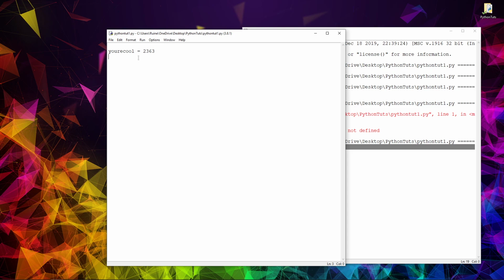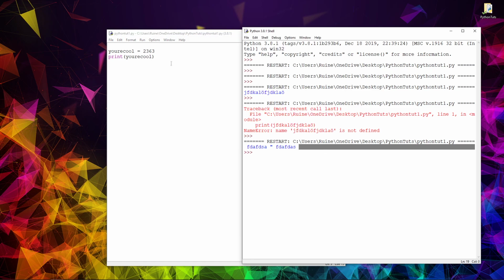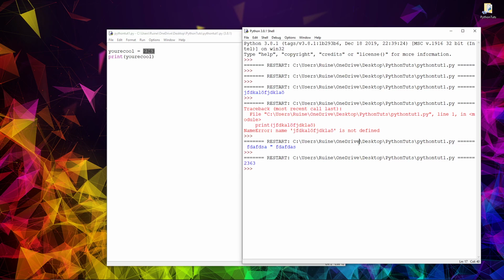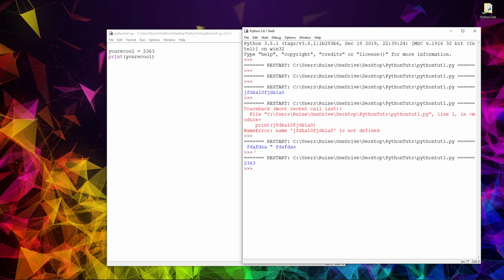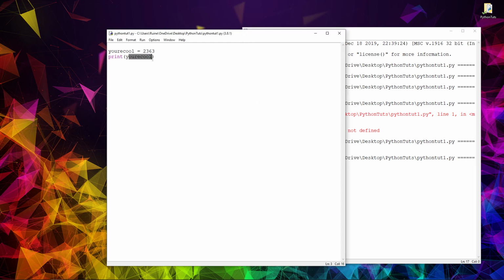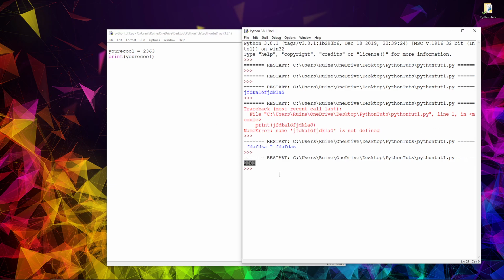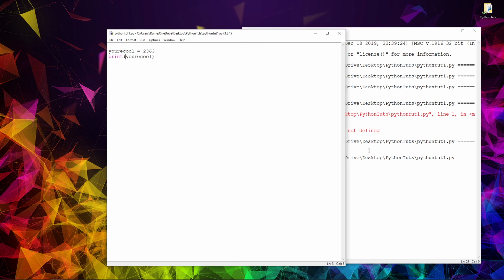And if you want to access this data, let's say you want to output the data of this variable, then you can just do print and then the name of the variable, You're cool in this case. As you can see, the value of that variable is printed, but not the name of the variable, because that wouldn't be that useful. And there's no way you can output the name of the variable either. You can only output the value of the variable,